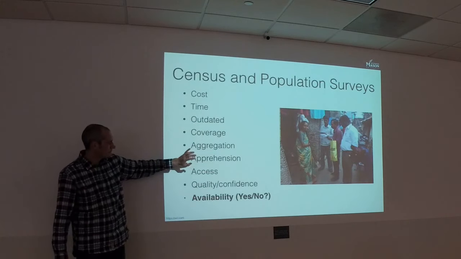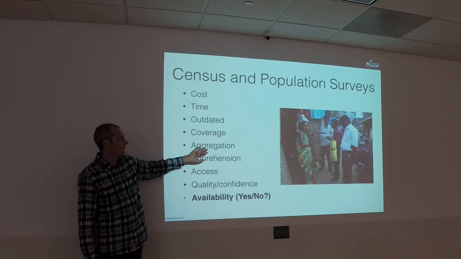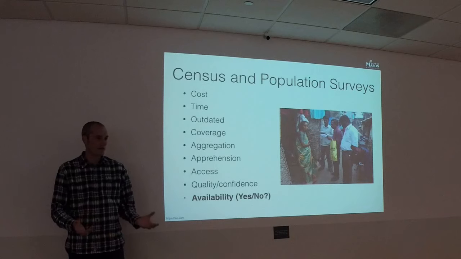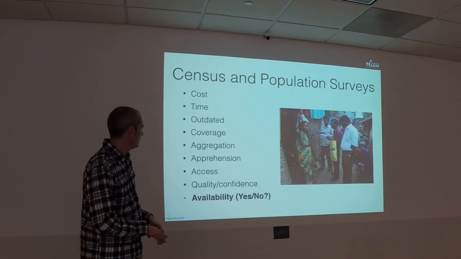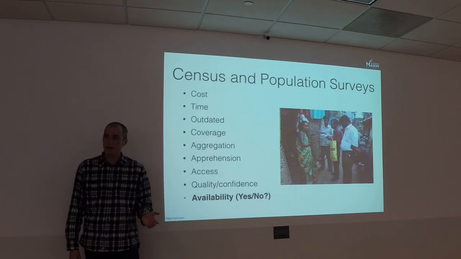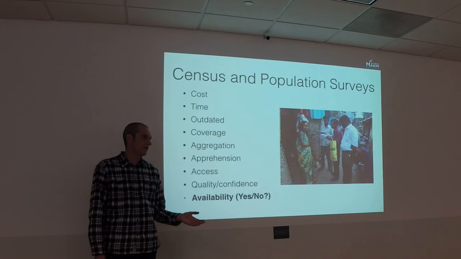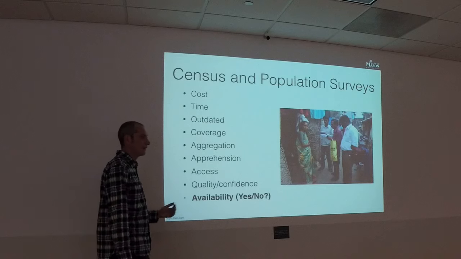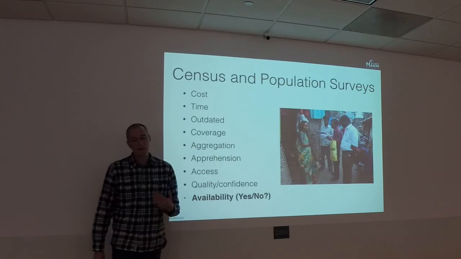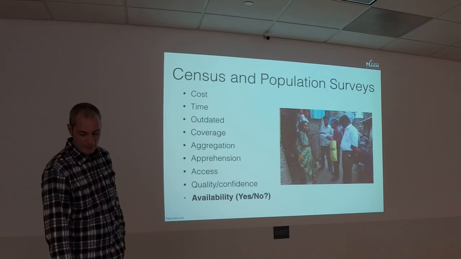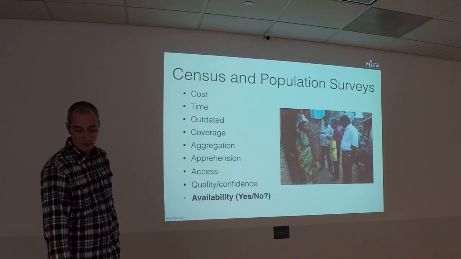Also, if you look at census data, it's aggregated for privacy reasons, right? To census block groups in the US and so forth. And then other countries or areas like Palestine haven't had a census for years. Pakistan hasn't had one since 1990, right? So if you're trying to base slums on socioeconomic indicators that you might get from the census, you can't really do that. So what other types of data are available to look at slums?